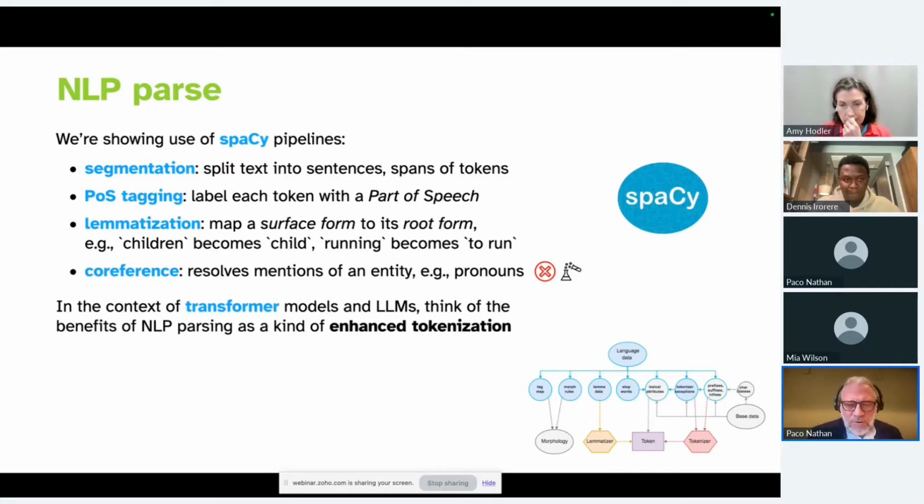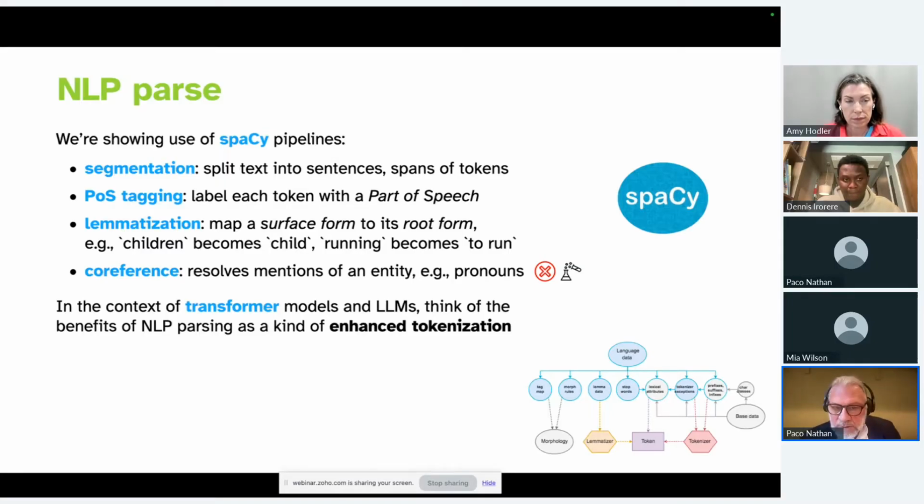I think Stanford CoreNLP has some support for co-reference. I'm not going to reference it because it is a bit problematic in these pipelines, but I do want to mention it. And if you wanted to take a co-reference recognizer and put it in a container and then have it as a microservice on the side, that might be a good way to handle it.